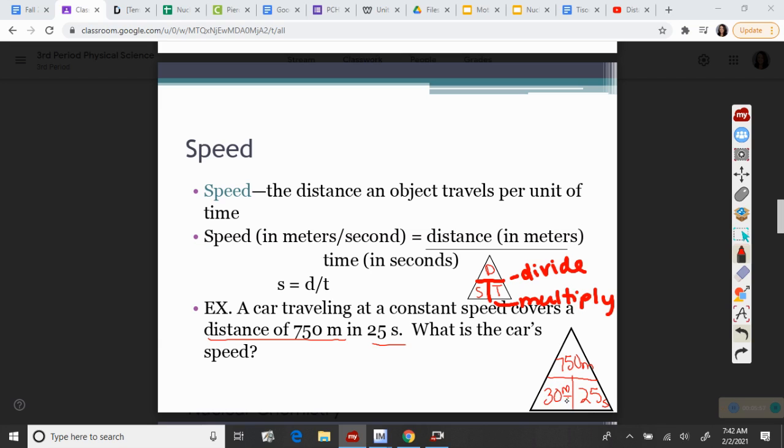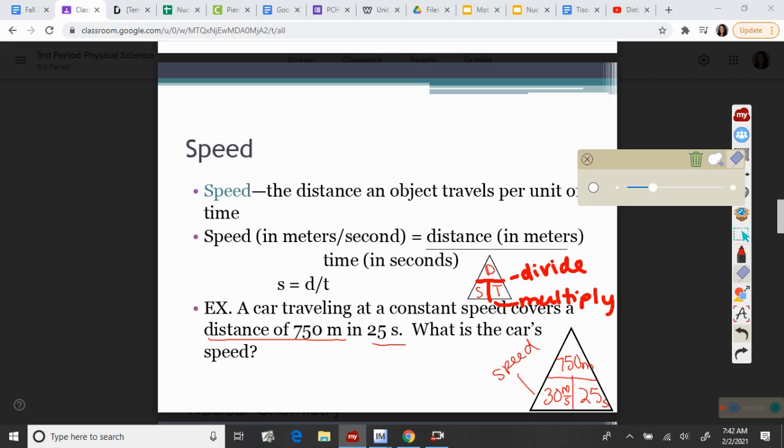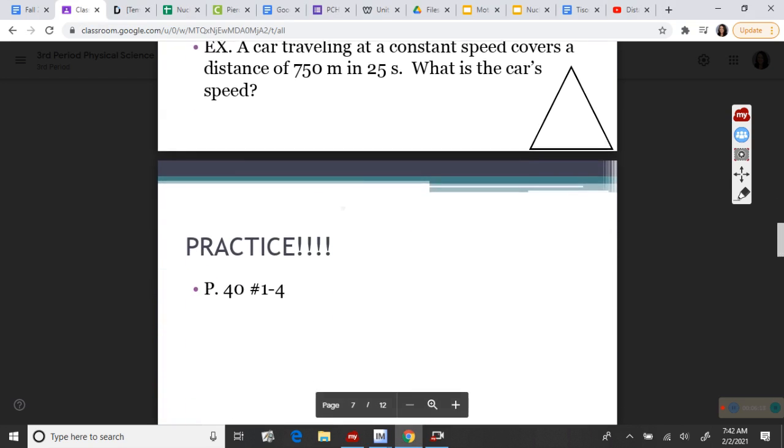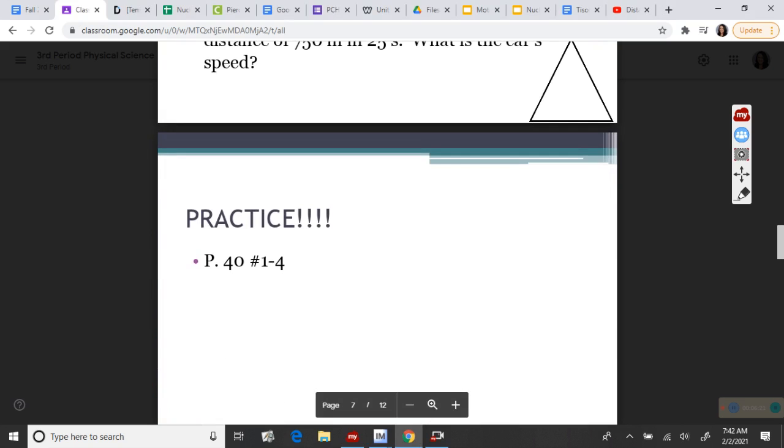meters per second. That was your speed. So your speed was 30 meters per second. Okay, so that will go in your notes. Be sure you have that and be sure you have it correct. When we look at the next part, we're going to practice. You're going to go to your notes and practice using